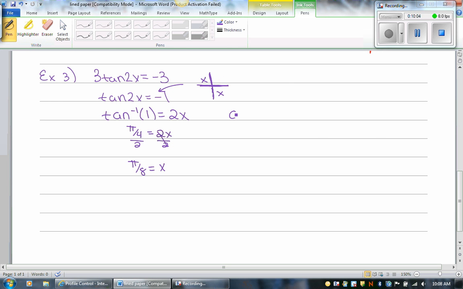So we have to use our rules to figure out what those are going to be. Okay, so we're going to do pi minus pi over 8 and 2 pi minus pi over 8. So common denominator is going to be 8 pi over 8 minus 1 pi over 8, 7 pi over 8. And this would be 16 pi over 8 minus 1 pi over 8, which is 15 pi over 8. Okay. So my solutions